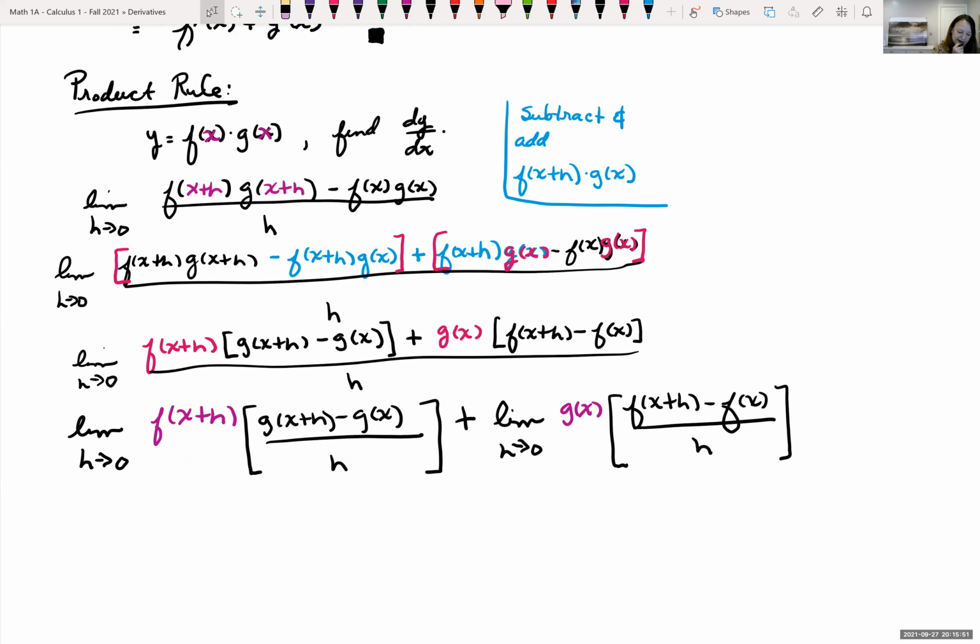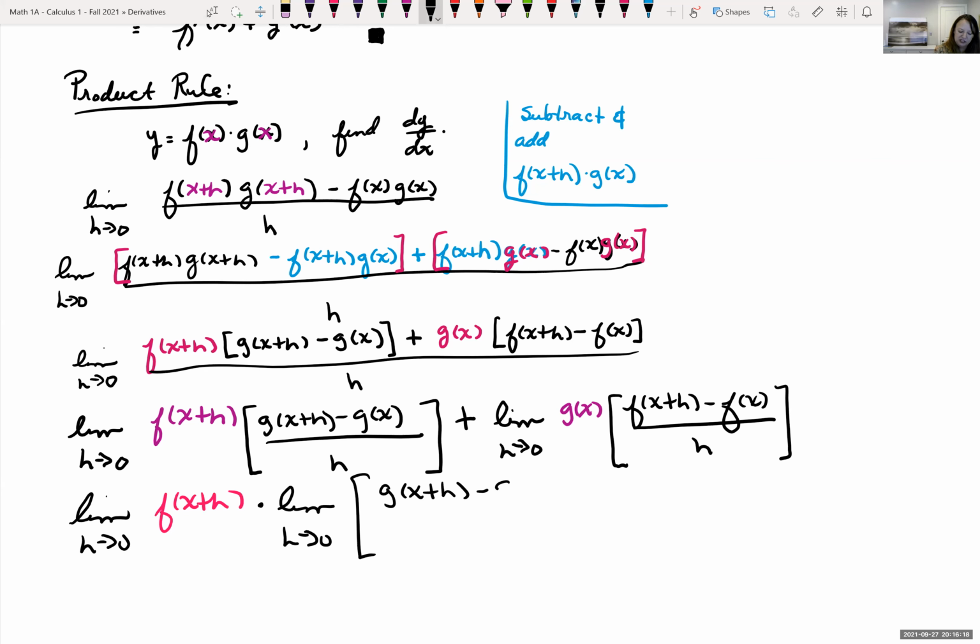Okay, we're almost there. We can break this down as two separate fractions, or even multiplication with limits. So this is the same thing as the limit as h goes to 0 of f of x plus h, times the limit as h goes to 0 of the derivative, g of x plus h minus g of x, all over h,